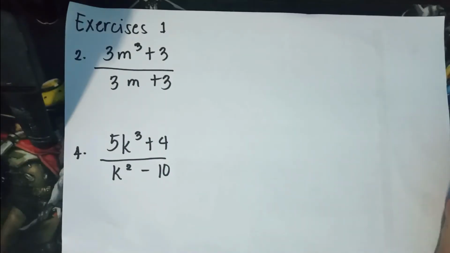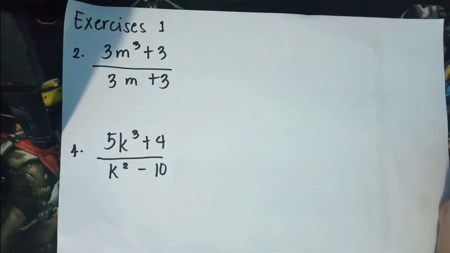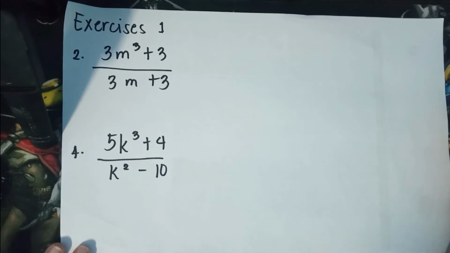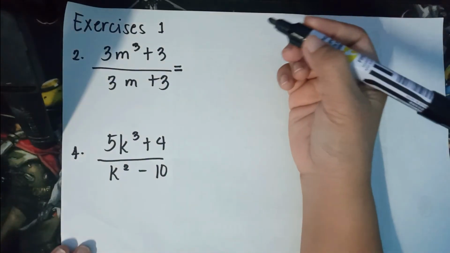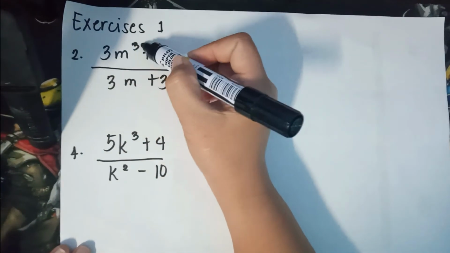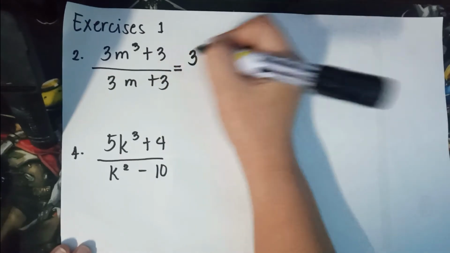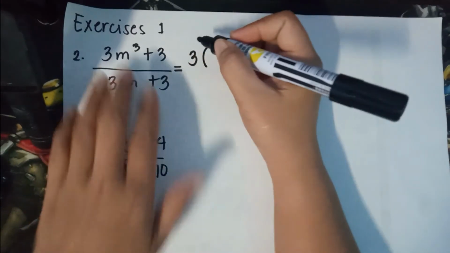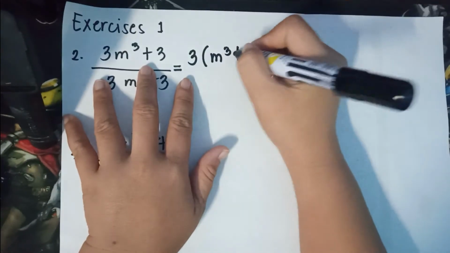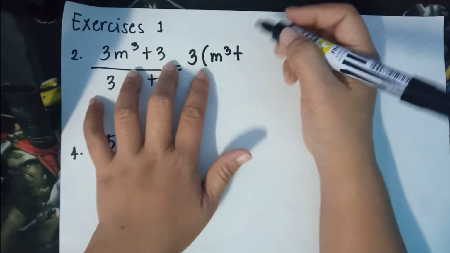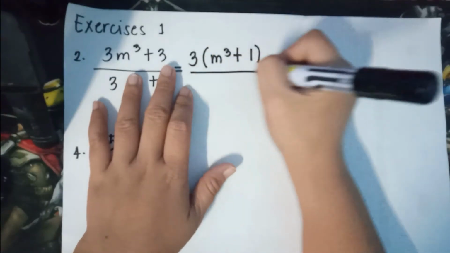We will answer exercises number 1 or exercises 1. Number 2, 3m cubed plus 3 over 3m plus 3. We will use first the GCMF. 3m cubed plus 3, common is 3. And we have 3m cubed divided by 3 is m cubed plus 3 divided by 3, that is 1, over